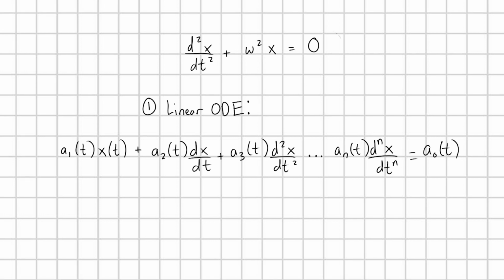Right, and so of course we can see that this equation up here has this form. It's just a very specific form where A3 is equal to just 1, and where A1 is equal to omega squared. And then all my other terms are 0, including A naught. So we just have a very specific form where A1 is equal to omega squared, A3 is equal to 1, and this sum equals 0. Okay, so we feel good that